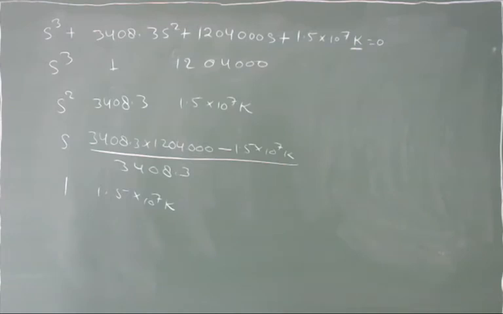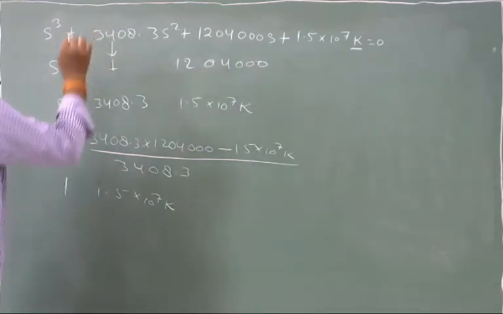Now, what is the range of k for the system to be stable? When will the system be stable, in which range of k will the system be stable? So we know that for the system to be stable